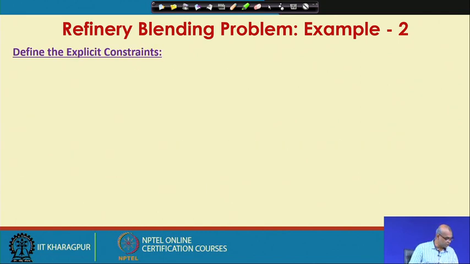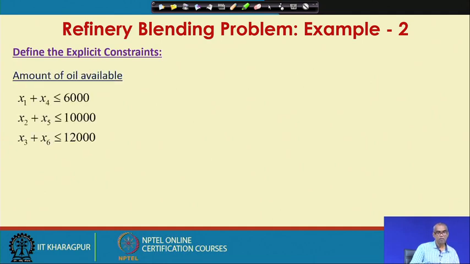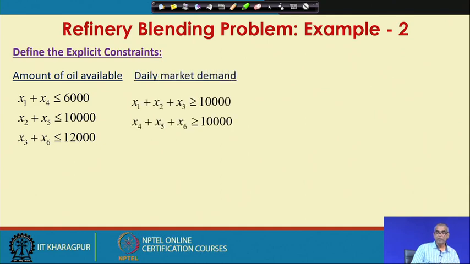Now, define the explicit constraints. First constraints are the amount of oil available. x1 plus x4 is the crude oil A, so that must be less or equal to 6,000, the daily available limit. Similarly, x2 plus x5 is less or equal to 10,000 and x3 plus x6 is less or equal to 12,000. Daily market demand must be met,